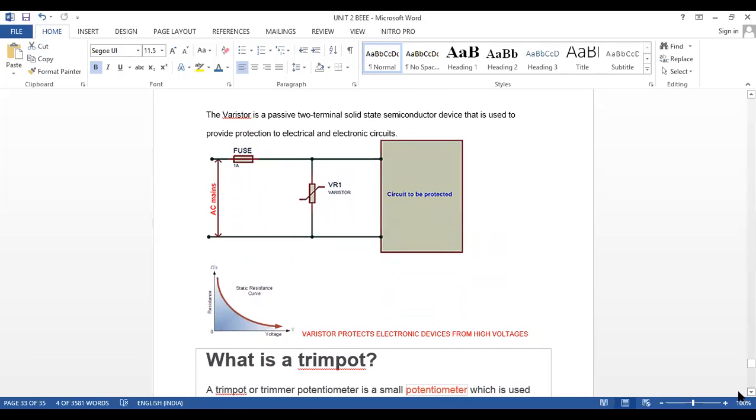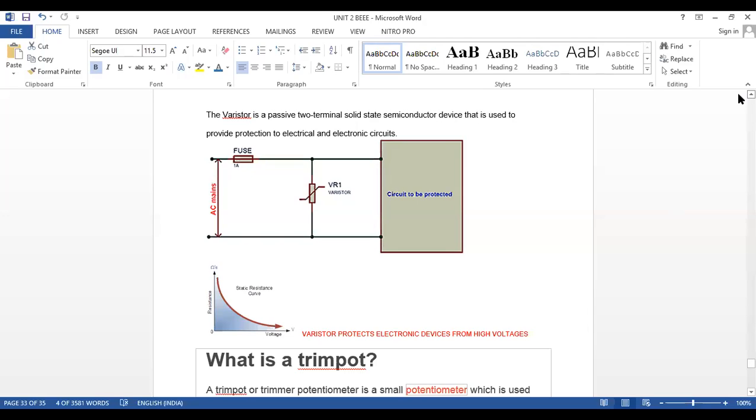Let us say you are having the television. Suddenly we are getting the high voltage. So what are we supposed to do? We are supposed to provide constant voltage or safe voltage to the television and to our smartphone also. Inside the smartphone, I am placing the varistor. It is not a variable resistor. Remember all of you, variable resistor is potentiometer. Varistor is a new type of resistor which is placed in all electronic components and which provides a constant voltage or